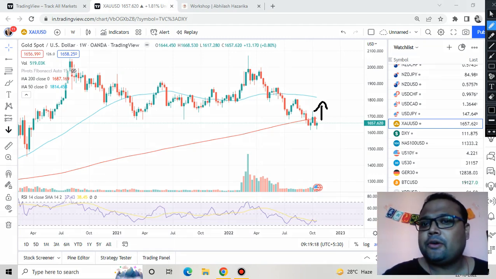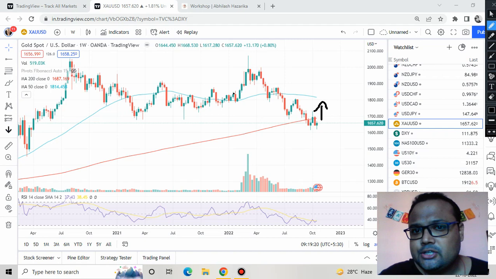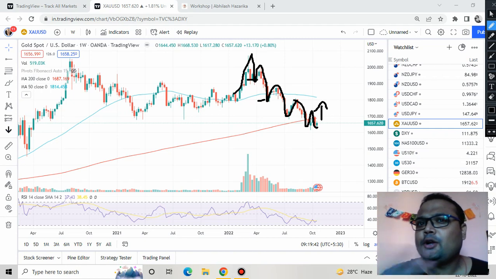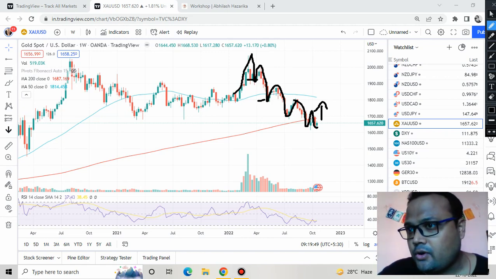I am not talking about trend reversal, because if you look at the weekly chart here, we can see that the market is constantly forming lower highs and lower lows. It means whenever the market is going up, it is unable to cross the previous high. So if we follow this pattern, still there is a possibility that the market may try to recover sometime. We are not talking about trend reversal here, but about a simple temporary recovery on the chart of gold.